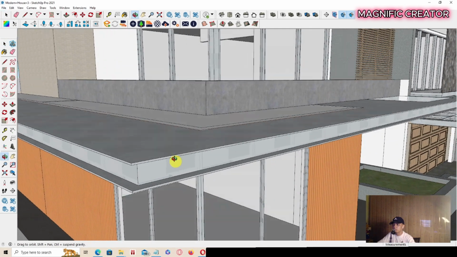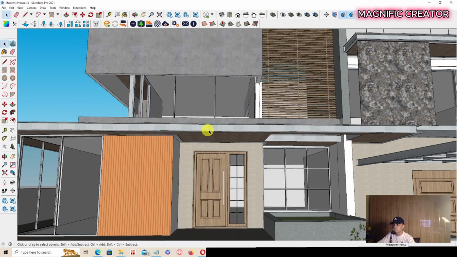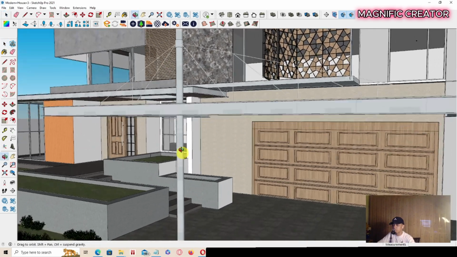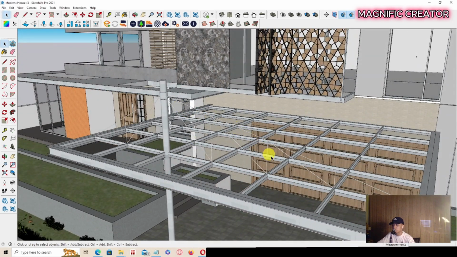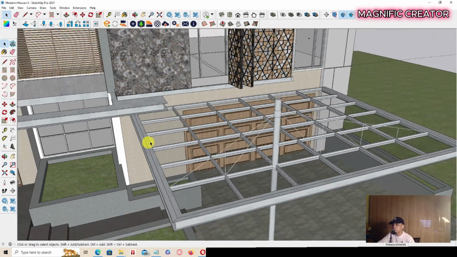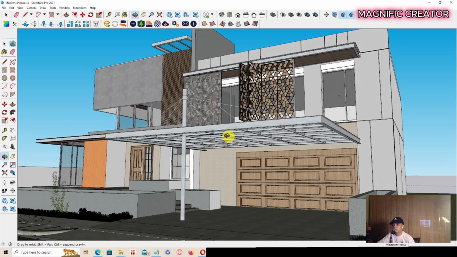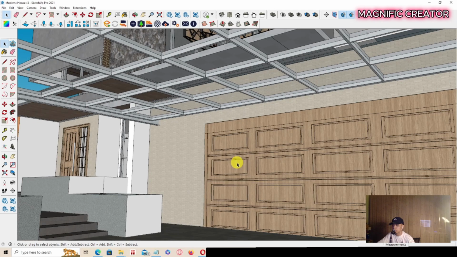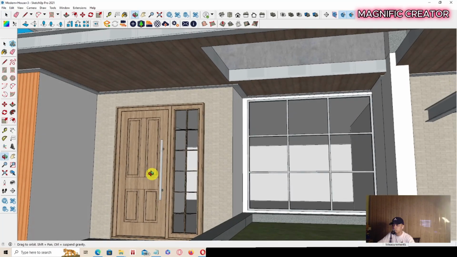And for this detail, this is the white flank profile over there, so it makes a modern industrial look. And this is the carport canopy with one column, and the strength right here. This is also a unique structural system of this canopy, so it can make a powerful exterior on this modern industrial house. And you can see the wood element over there. This is a carriage door of wood material or wood texture, and this is the main entrance door with